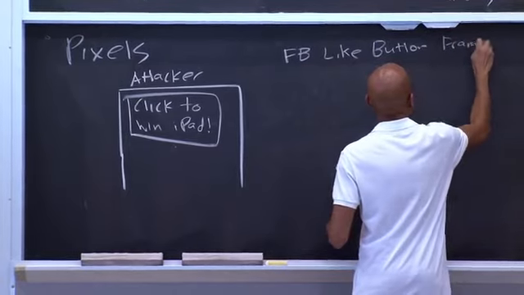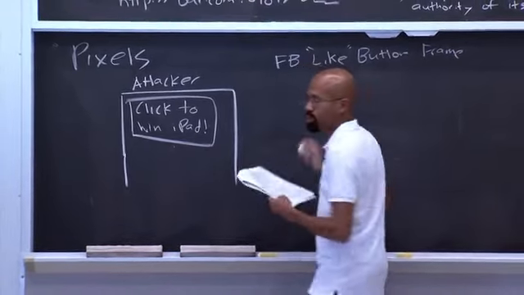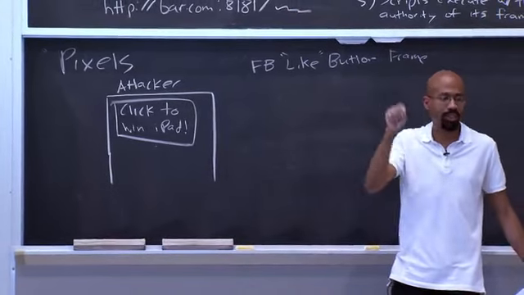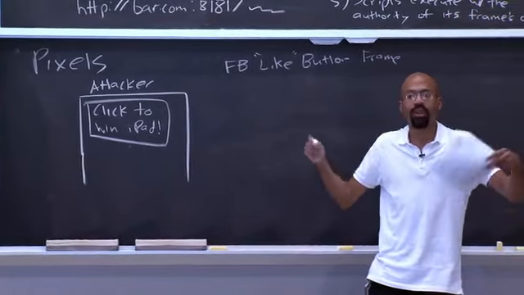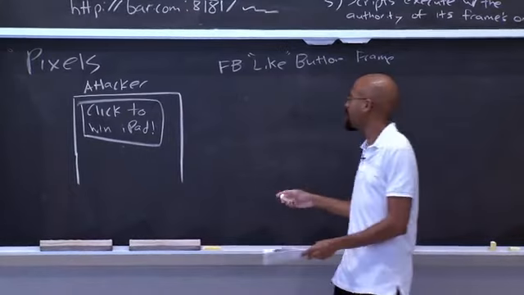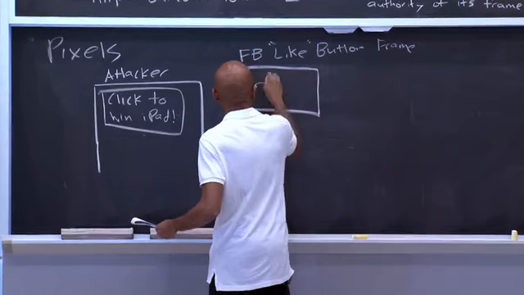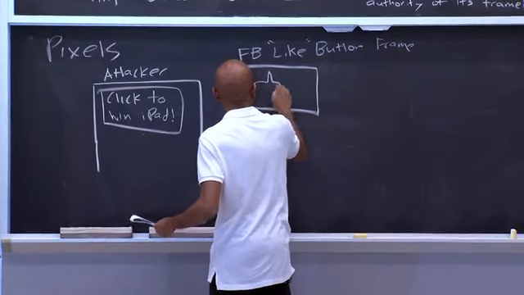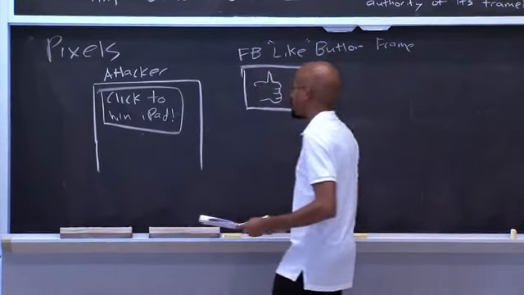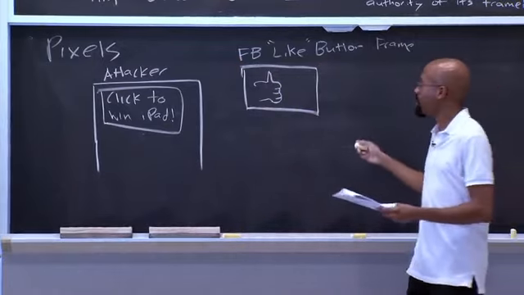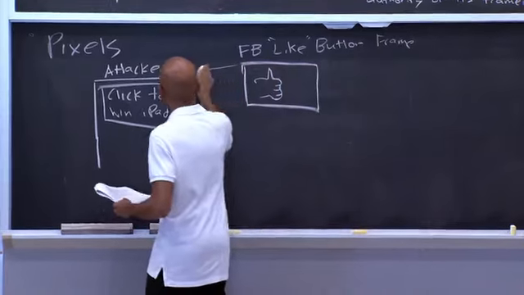Right? So Facebook allows you to run this little piece of Facebook code you can put on your page. If the user clicks like, then it'll go on Facebook and say, hey, the user's liked this particular page. So we've got this child frame over here. That actually turned out remarkably well. Anyway, so you've got this like thing over here. Now what the attacker can do is actually